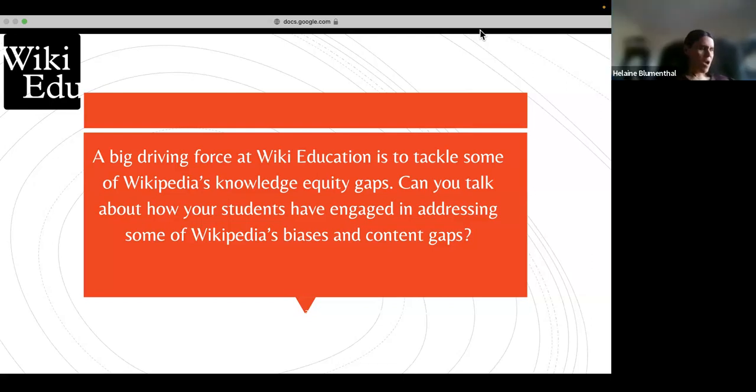Okay, great. This topic of knowledge equity, we could have an entire panel just devoted to that. It is a huge topic. It's one that the Wikipedia community has been grappling with for 20 years, and it will not go away anytime soon. I don't want to dismiss it, but let's move on to my next question, which Kate, I have you lead on.